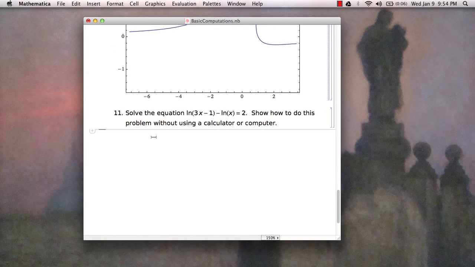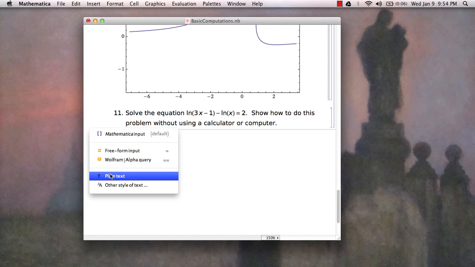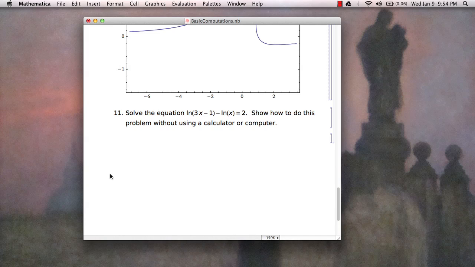In problem 11 it says solve this equation without using a computer or calculator. So when I write that, that means don't do any computations, just type it out in plain text. So use the palettes, type it relatively neat. I'm just going to go natural log of 3x minus 1 minus natural log of x equals 2. In the next line, the way you solve this equation, you combine the natural logs. So I get natural log, and I'm going to have a space between those lines. I'm going to get natural log of, I'm going to put a fraction there, 3x minus 1 divided by x